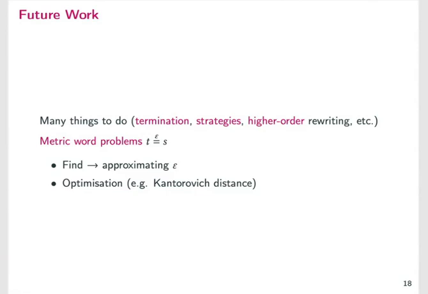And this is interesting because it gives some connections with other fields like optimization and dynamic programming, because you can approach many distances like the Kantorovich distances in that way, and giving a solution to the word problem can be viewed as a way to compute such distances, and maybe you can come up with strategies based on dynamic programming and similar things. So, well,